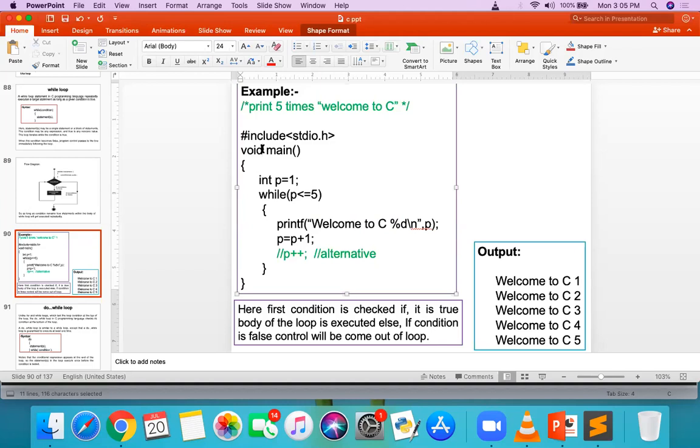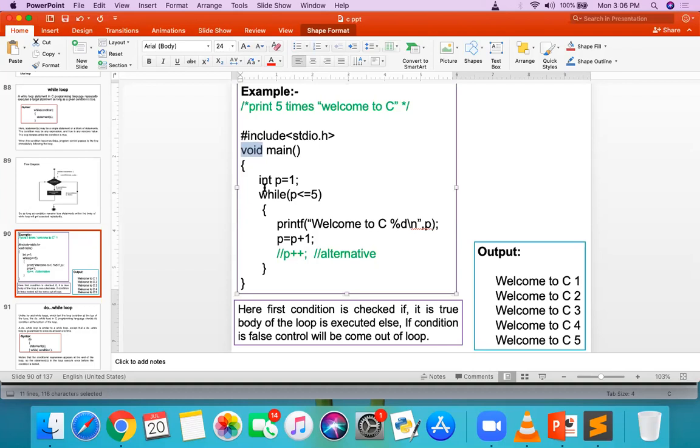Generally we use void main in Turbo C, but in GCC always use int main, because in GCC you can check your process return value. If you want to give some return value to the operating system, it is needed for advanced C language.